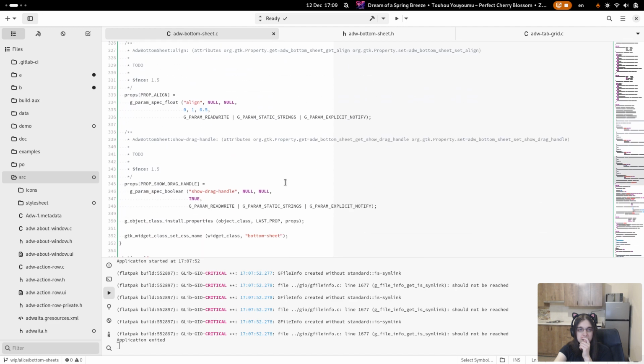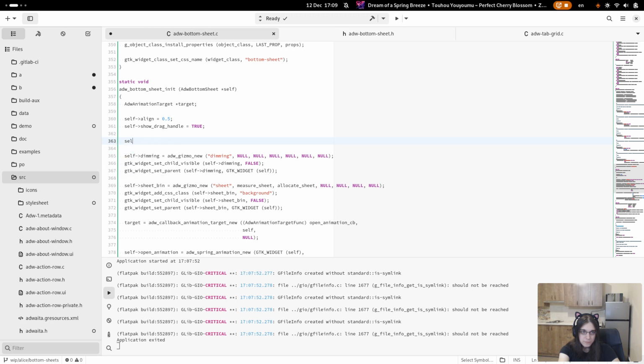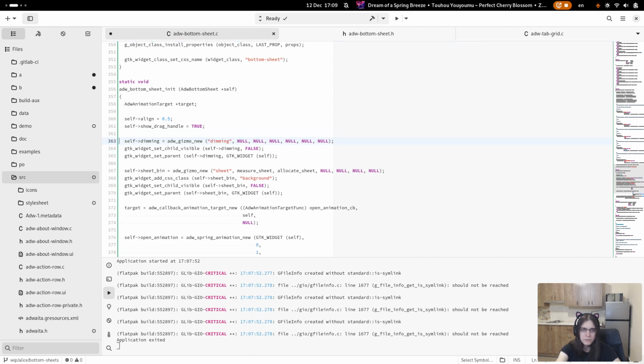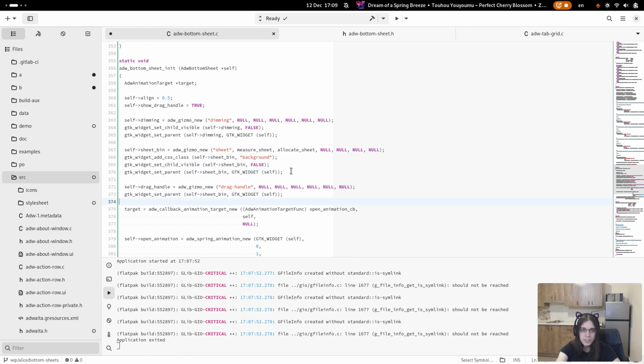Okay, where's it? So the drag handle is yet another gizmo with nothing. I'll style it entirely with CSS. Drag handle. And set parent.